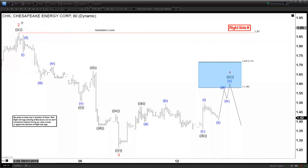So today we will be looking at the chart of CHK. This is a stock, Chesapeake Energy, 60 minutes chart here. This company does produce energy related commodities like oil and also natural gas, and we can see right here that we are currently in the process of doing a wave 4 recovery to correct this wave 3, and potentially can reach this 100% extension as a zigzag ABC. And then with the right side still down with the red stem, we are still looking for the downside as far as we stay below